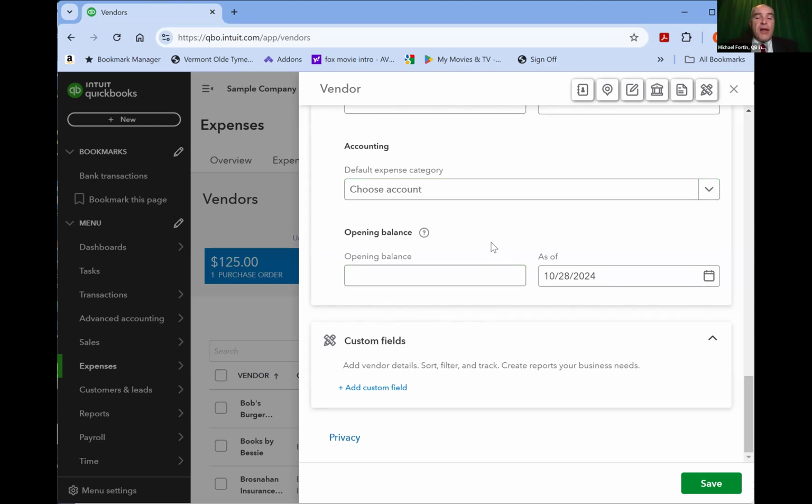Another cool feature is that I also have the ability to add custom fields. And so I can use custom placeholders for different types of information. I've had students with small businesses who create fields to capture the name of the spouse of the person, or the anniversary dates or birthday.